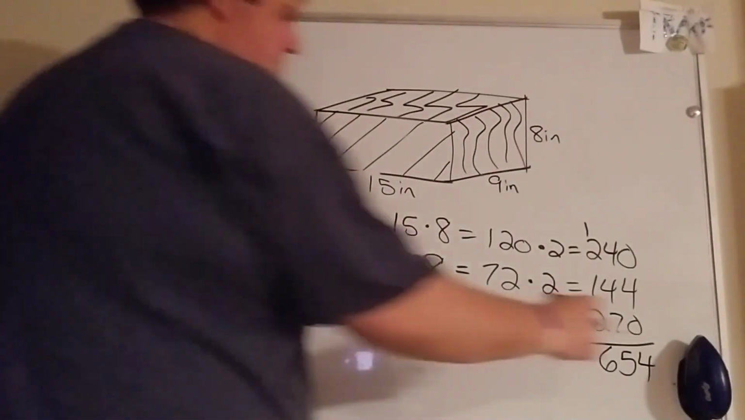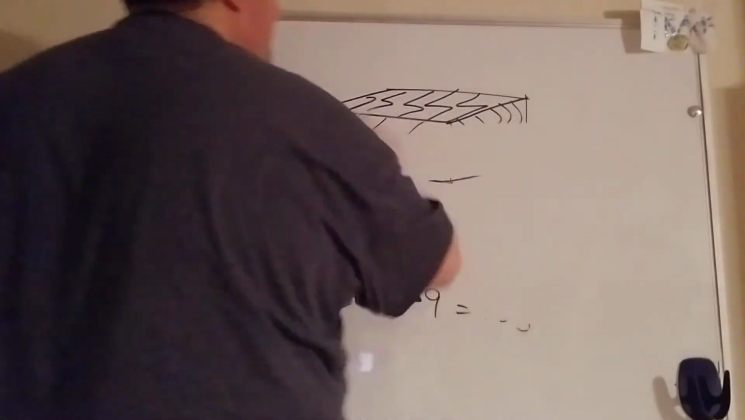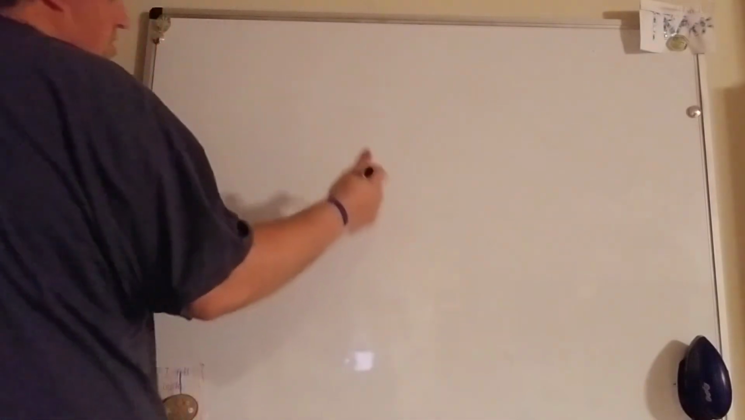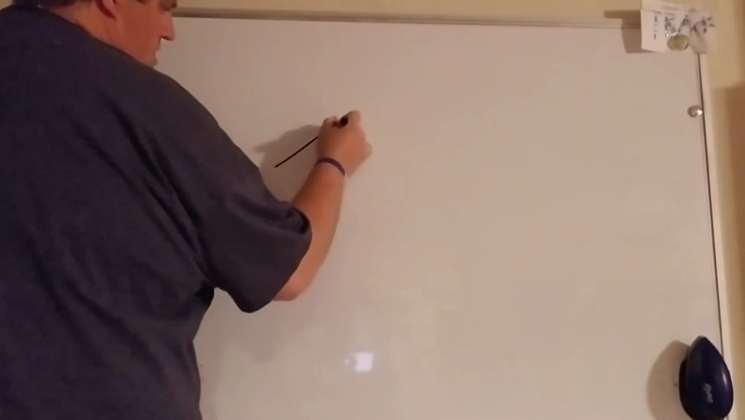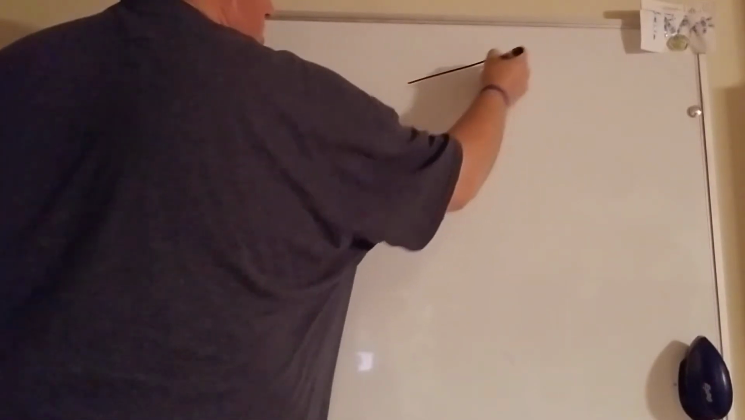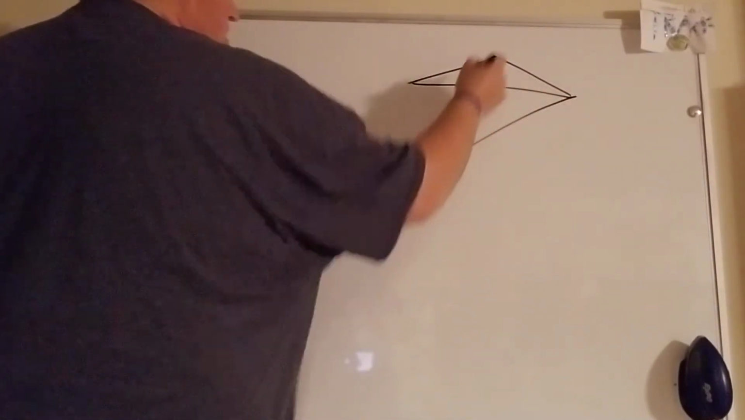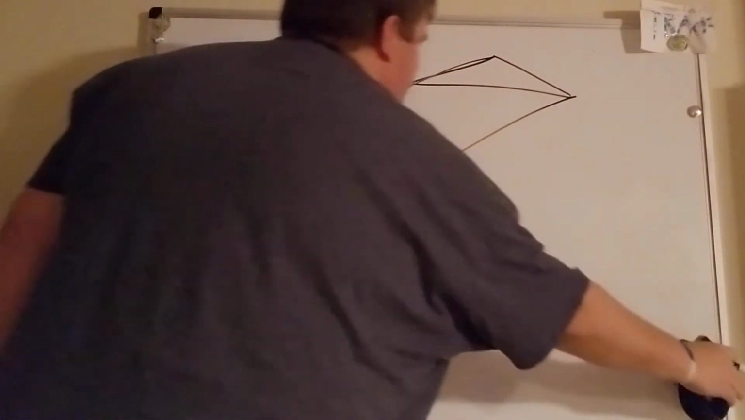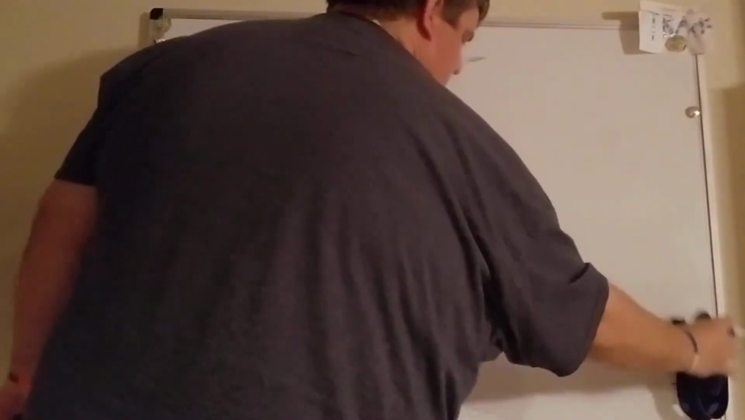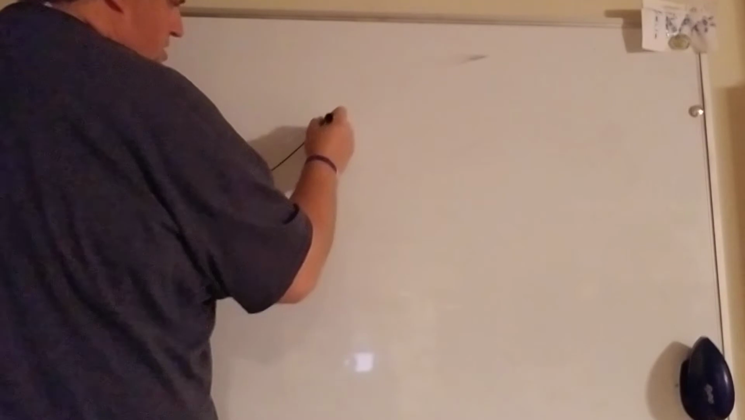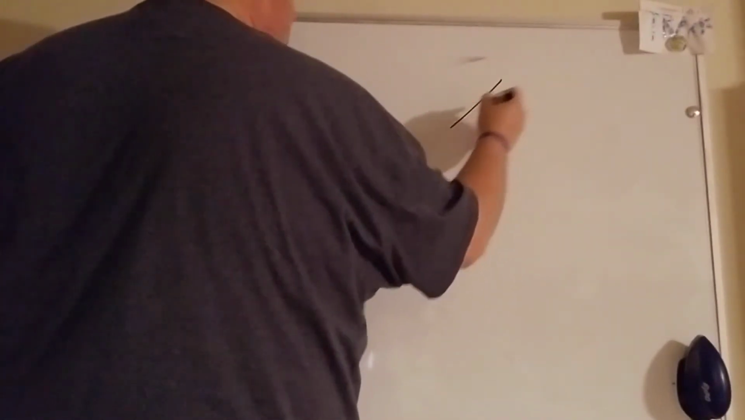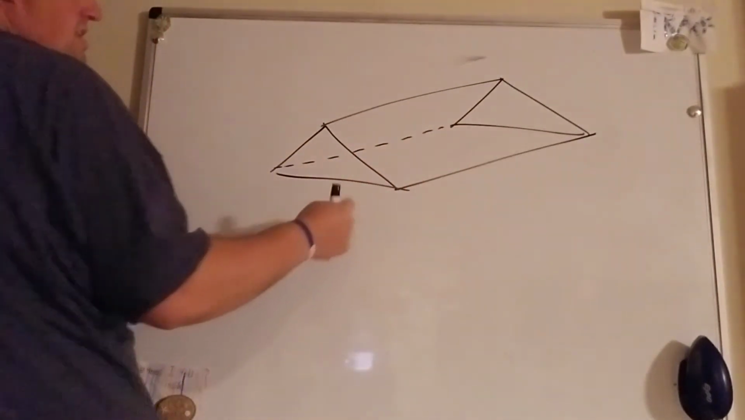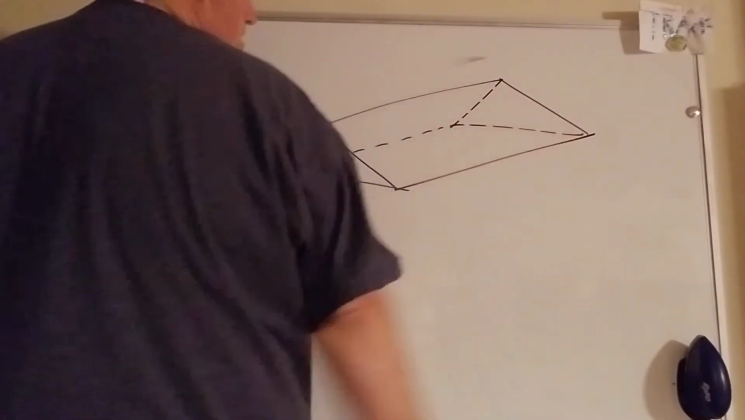So here's a rectangular prism. Let's do a triangular prism. So let's say I had, that looks really bad. I'll lose all my street cred if I draw triangular prisms like that. There we go. Okay, so